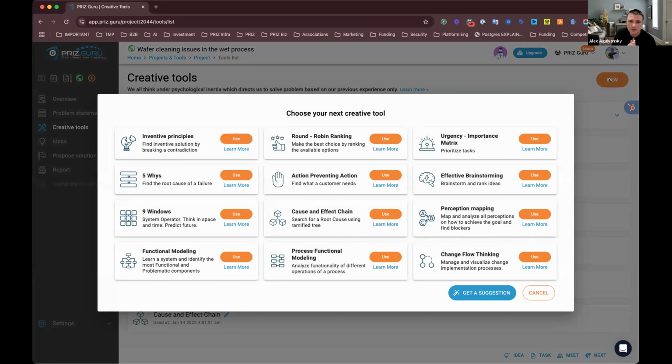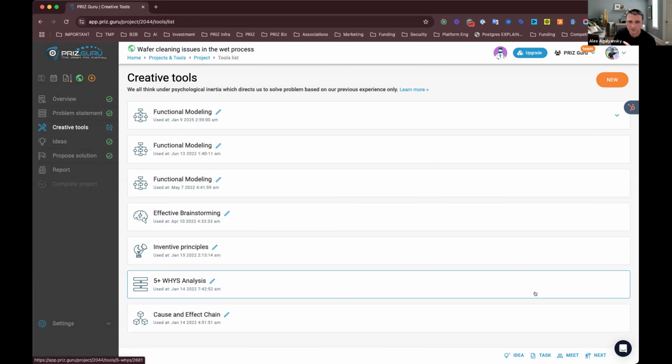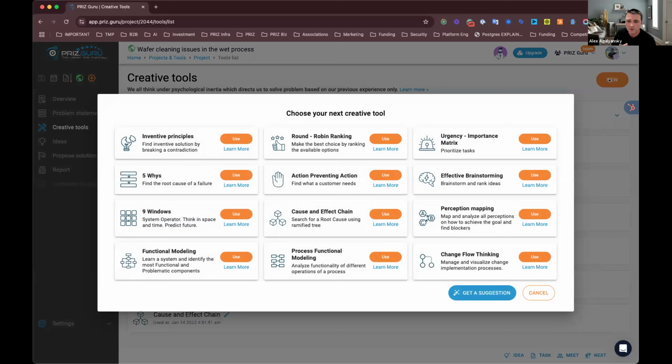So normally when it's empty, people don't necessarily know where to start, and that's normal. We have 12 tools today, and more to come. So it's sometimes a little bit difficult to understand which to start with. So one of the AI assistant functionalities that we have embedded in the system is actually trying to help people to choose the right tool to use and which one to start with, right?